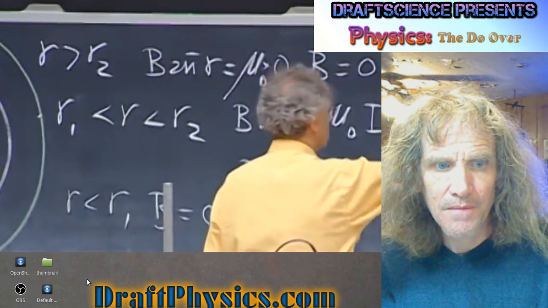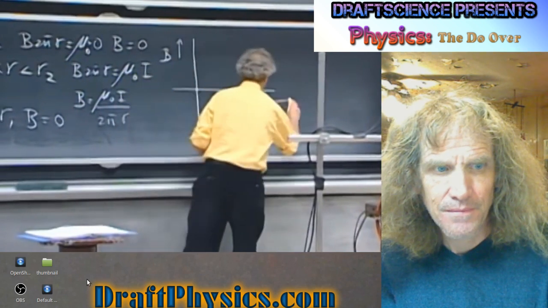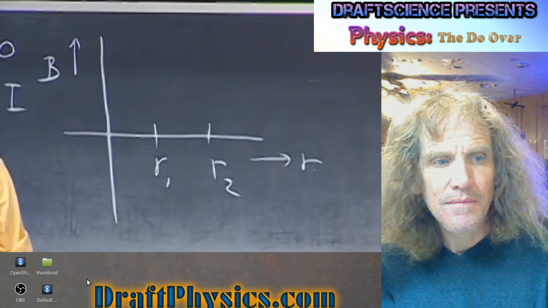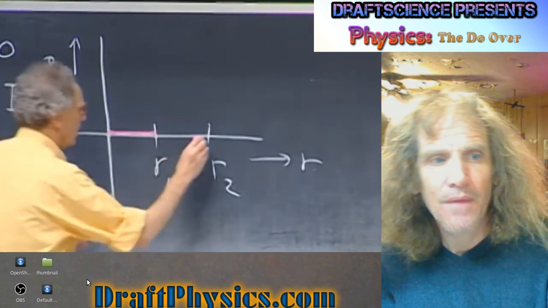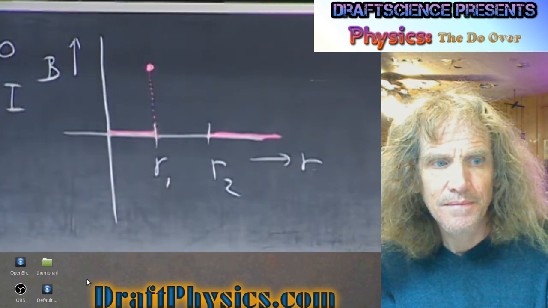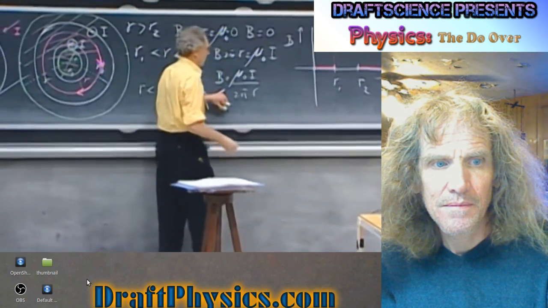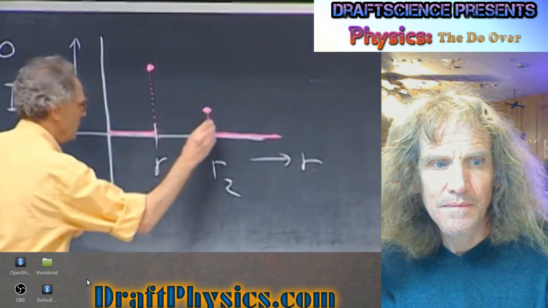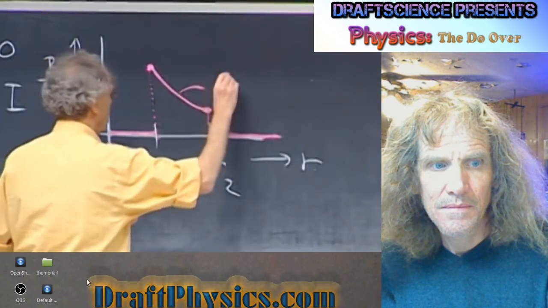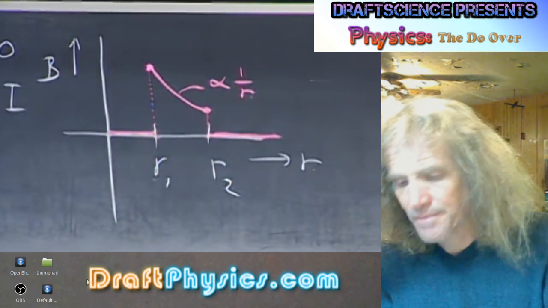And so if you now make a plot of the magnetic field B as a function of r, here's R1. Here is R2. Then it is 0 here. It's 0 there. It has some value here, which is this value if you substitute for little r1, and right here, it is this value if you substitute for little r2. And this is a curve that is proportional to 1 over r. And so this is the magnetic field, and inside...